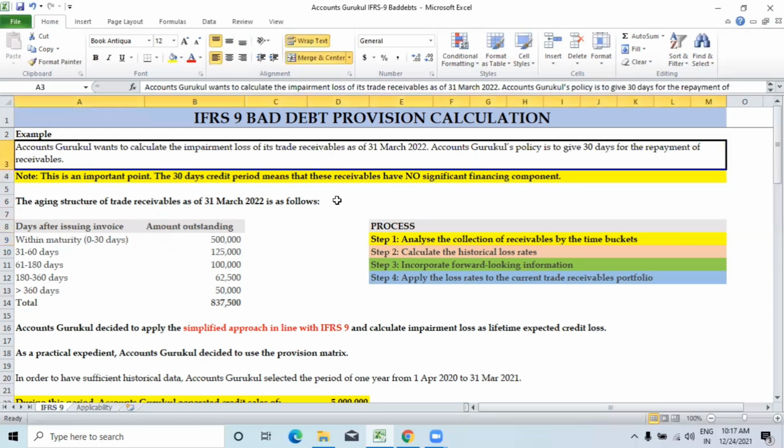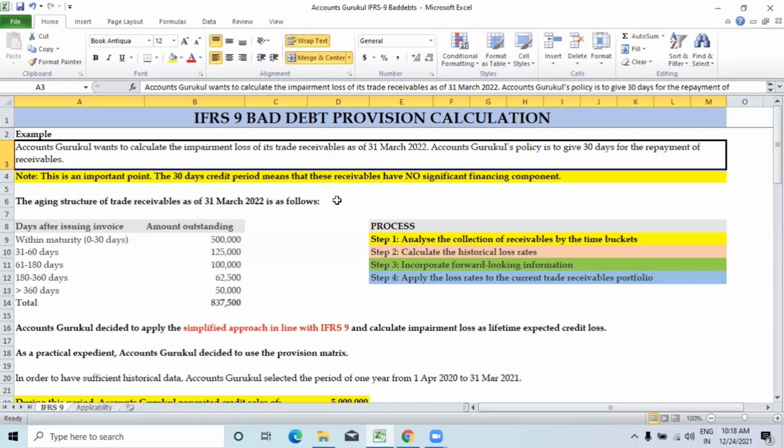So we'll discuss IFRS 9 through the example, and how we have to create the provisions in the books. In our earlier practice, the team working in accounts receivable or finance, or the team doing the audit, used to create the provisions. They just pull out the aging for the accounts receivable, and based on that aging, they used to make the provision in the books for bad debts. For example, if any bad debt is more than 360 days, then they used to provide that entire amount as a provision for bad debts.